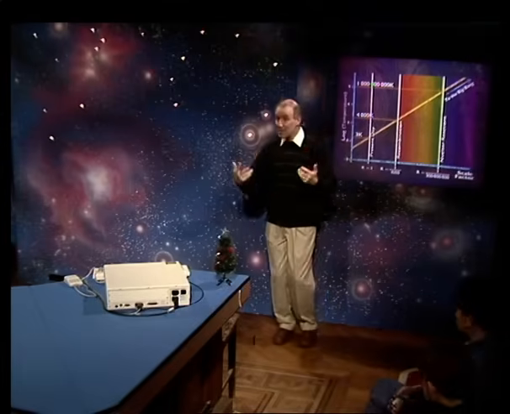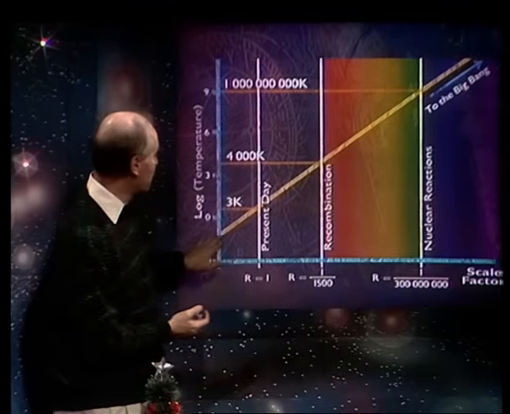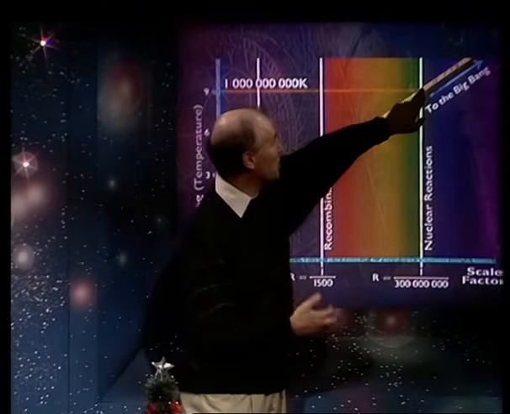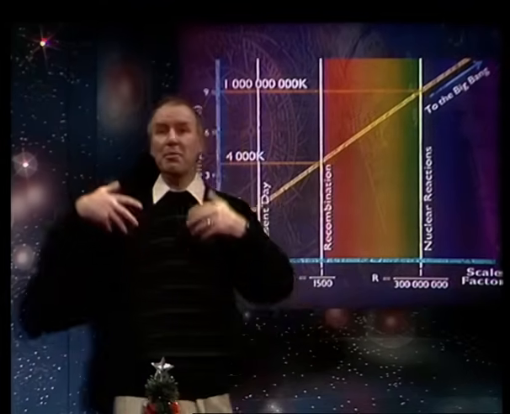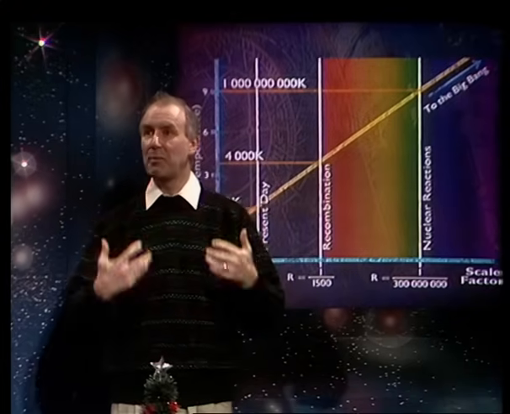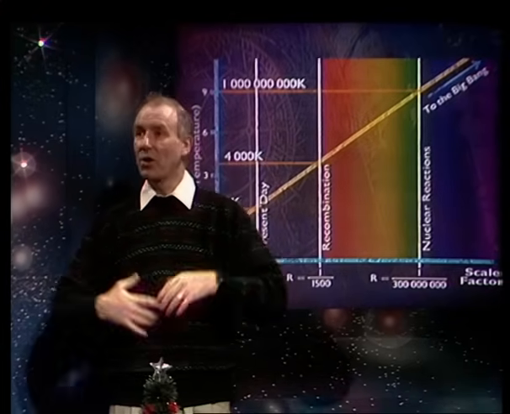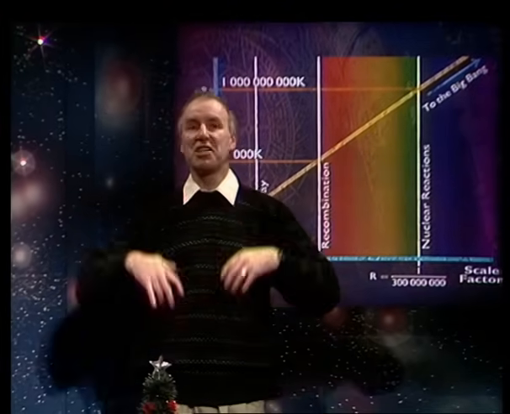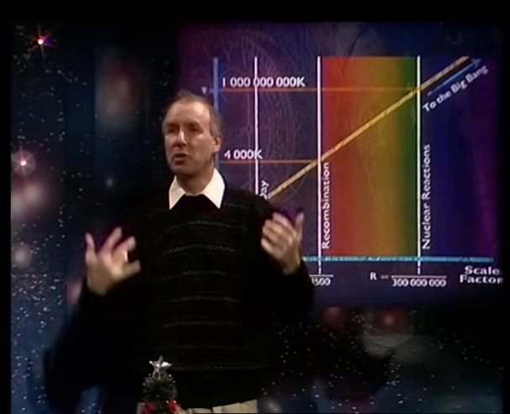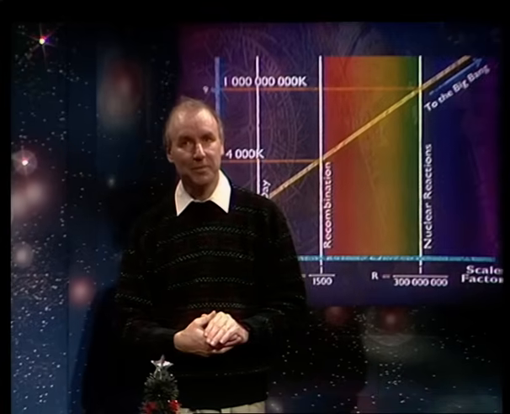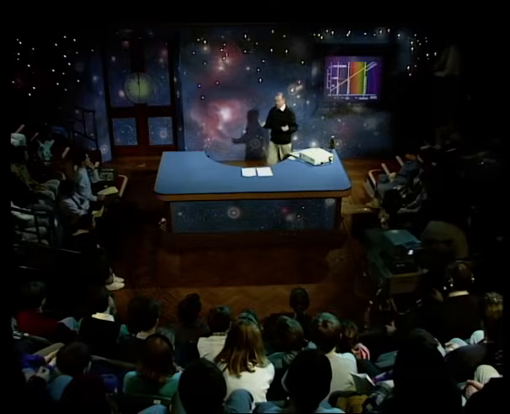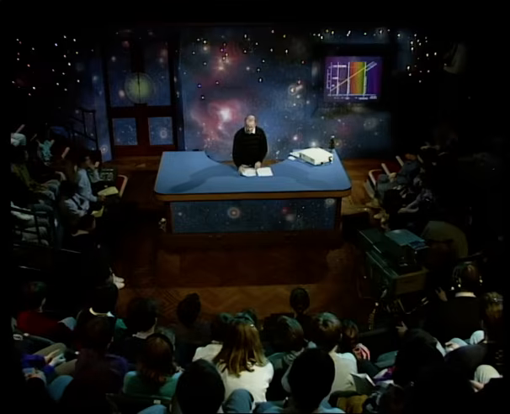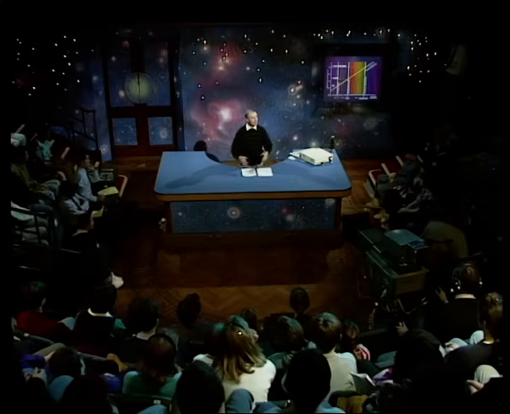And in fact, at that temperature, it's so high that the radiation here is now shifted to gamma ray energies, and the gamma rays are so energetic that they can split up the nuclei of atoms. What that means is that when we go to even earlier times, even the nuclei of atoms are split up into their elementary particles, the protons and the neutrons. This is a very important result, and we're going to use it again and again in what we say in this lecture.